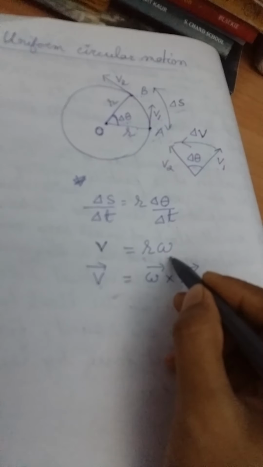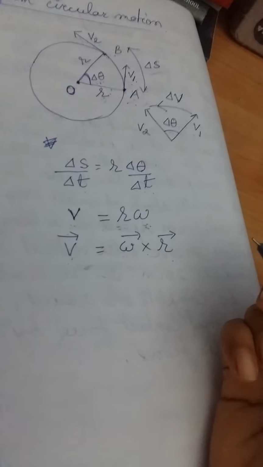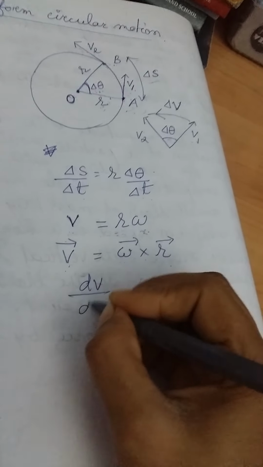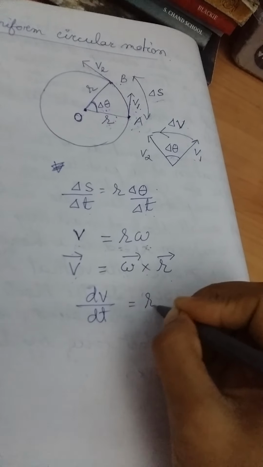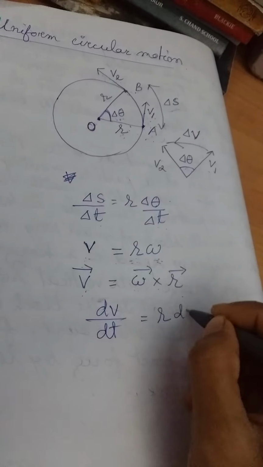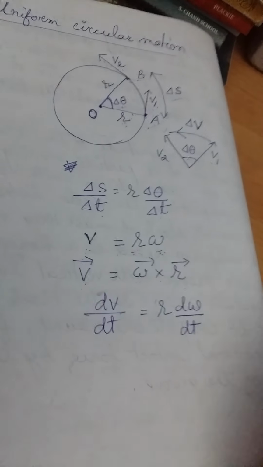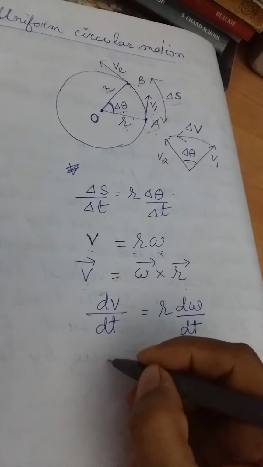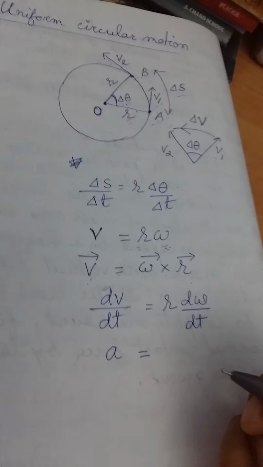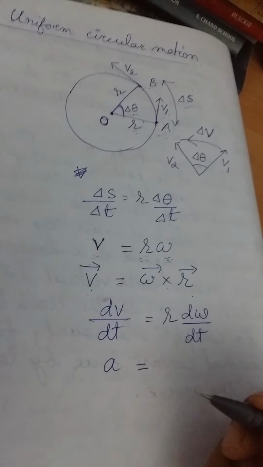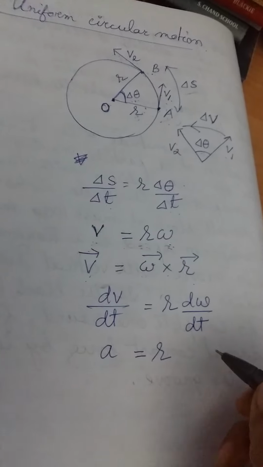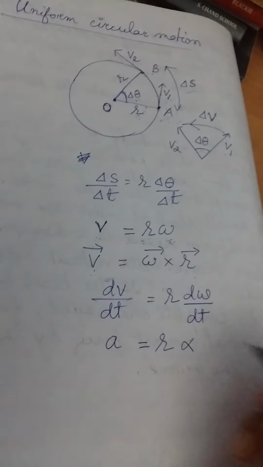Similarly, V equals R omega. If we differentiate this equation, then we have dV by dt equals R, which represents the radius, so it is a constant, times d omega by dt. So dV by dt gives you the acceleration. What type of acceleration? Linear acceleration, the rate of change of linear velocity. And the rate of change of angular velocity gives you the angular acceleration, which is represented